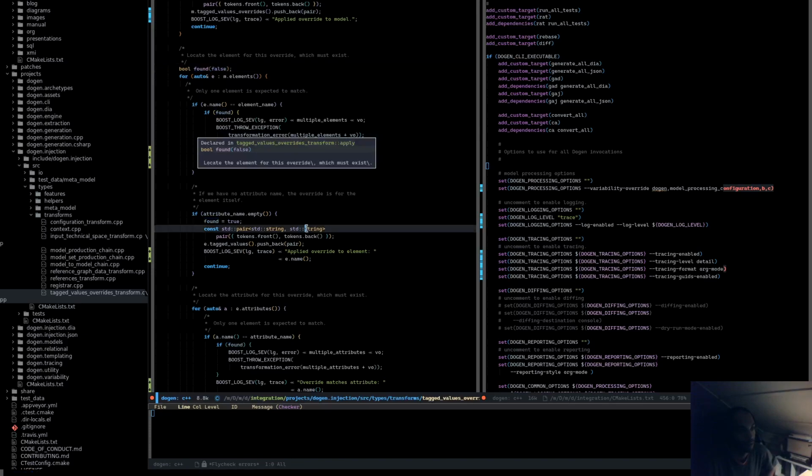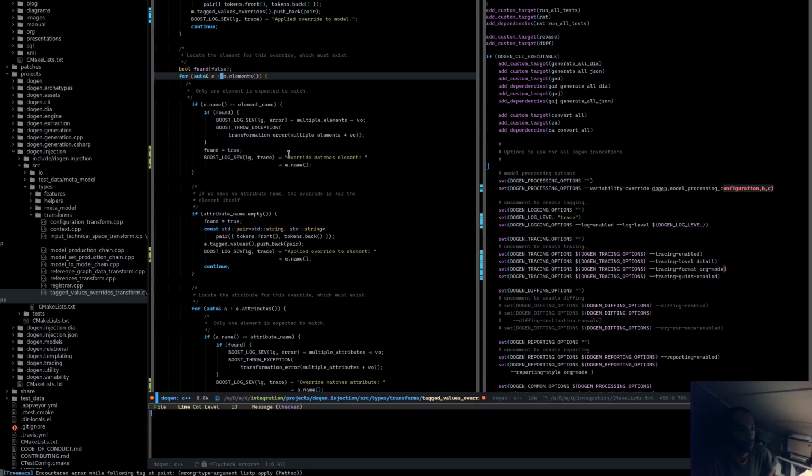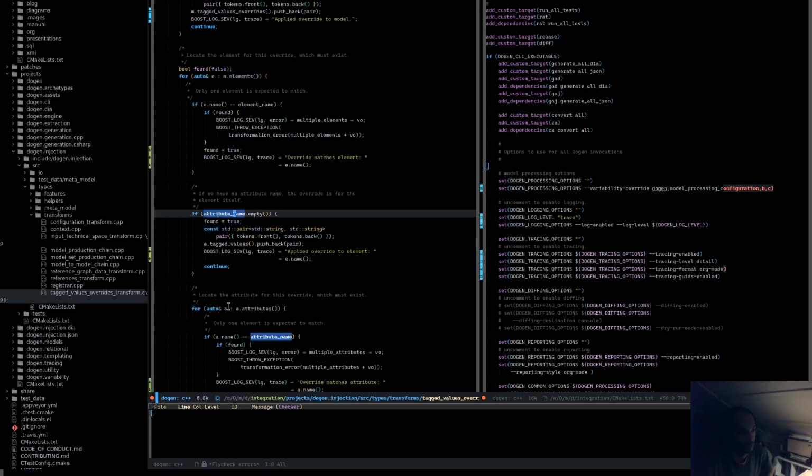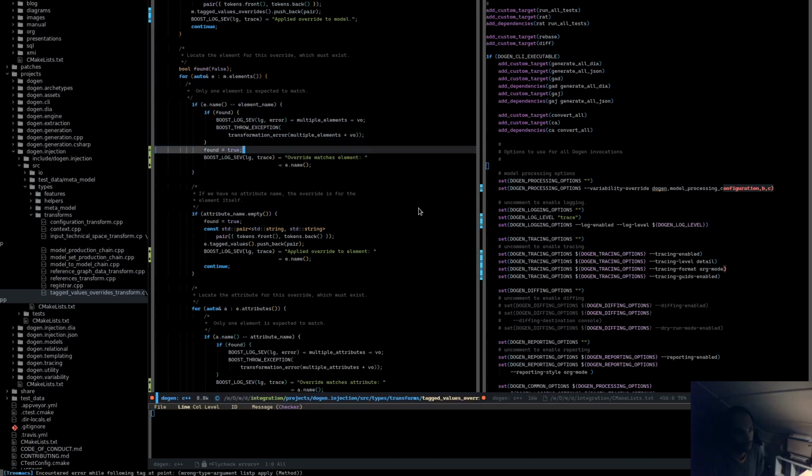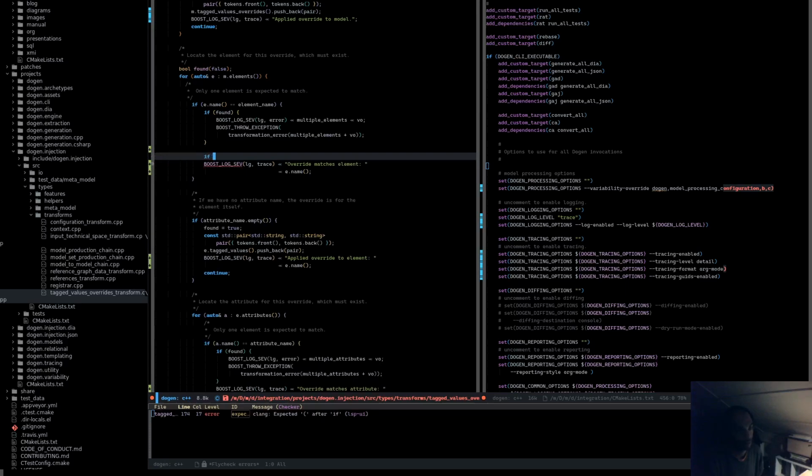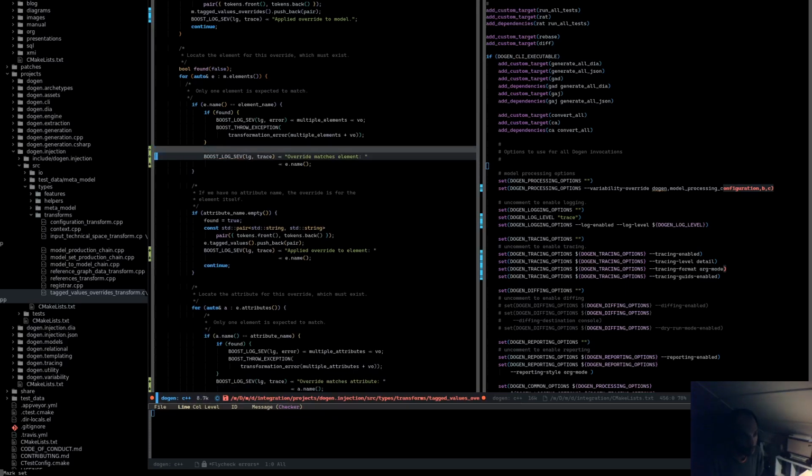Because you have to remember, we're trying to say that we have to locate the elements, but if there is an attribute name, then that element is not what we're matching on, it's the attribute, in which case we say found true. Only then can you know. However, if the attribute name is empty, then we found it already. So perhaps what we want to do is something like, if they are equal and